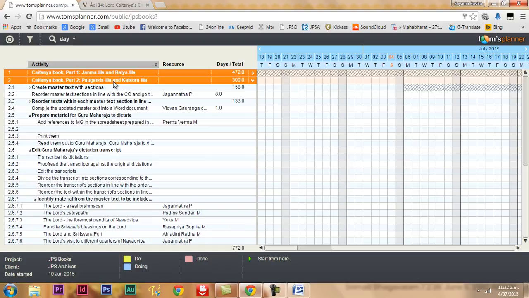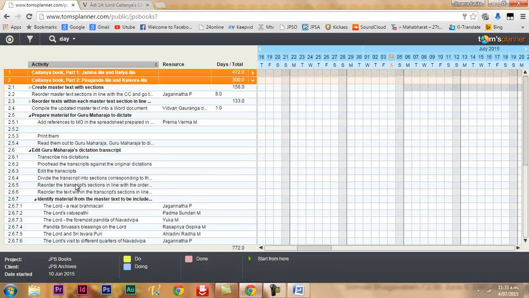So the process for dealing with the second part of the Chaitanya book is similar to how we dealt with the first part, except that now we have to get Guru Maharaj's dictations transcribed. Already some transcriptions have been done, and then they've been proofread against the original dictations and edited, and again we need to subject them to the same procedure.